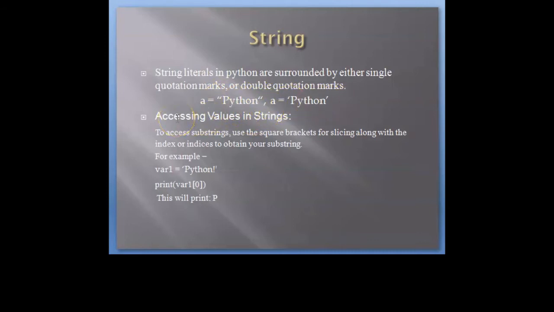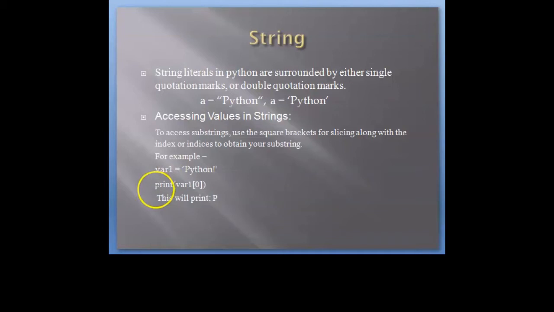Now there are various operations on strings. Accessing the value of a string: suppose we have a variable 1 which stores the value Python. Whenever we create a variable like this, there will be space with multiple slots, just like an array. For different index numbers, different alphabets are present. Suppose for variable 1 at index 0, the character is p. Index starts with 0 in Python, so make sure that we always start with 0.